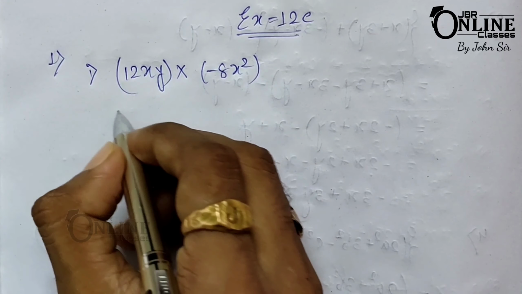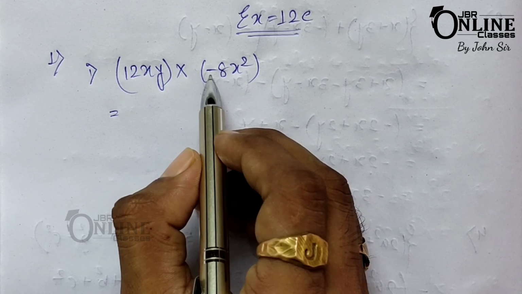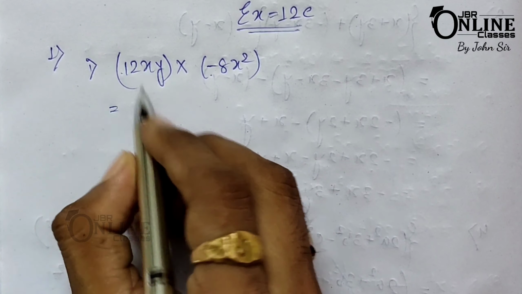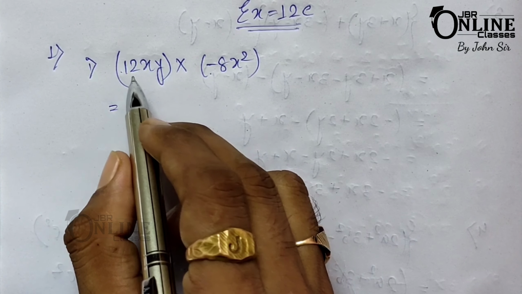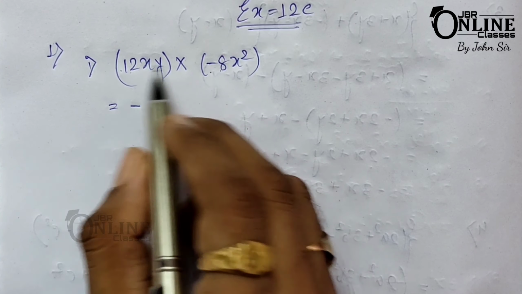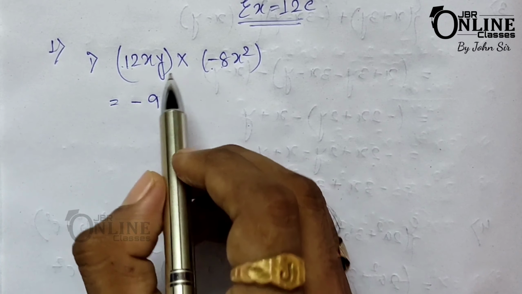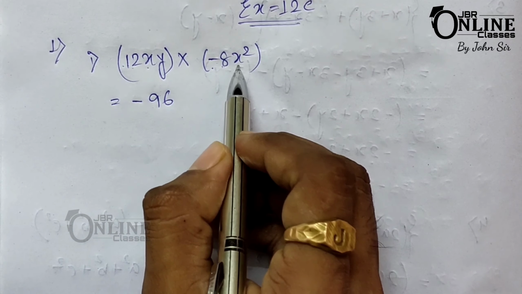Okay, so first you have to look at what is the sign after multiplication. So as here plus and here is a minus, so plus minus minus. Now next thing is you have to multiply the numerical term first. So 12 into 8, that becomes 96. Now the next one, here x and here x square.